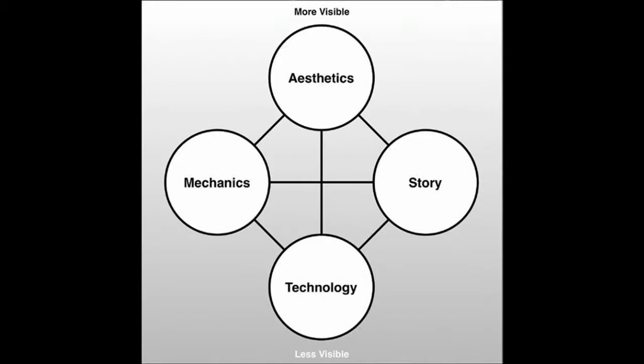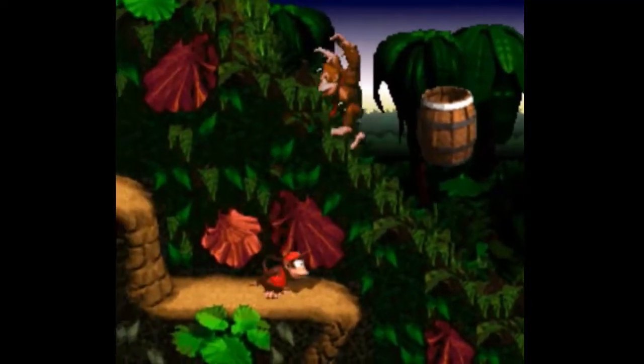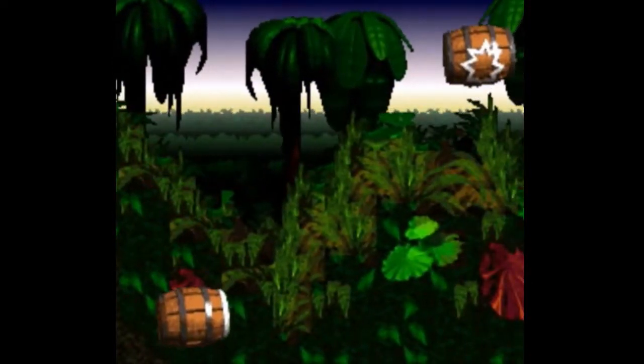In this video, I will be analysing Donkey Kong Country while making reference to Jesse Schell's elemental tetrad of game design to see how the designers applied the 4 elements to create the experience that the game provides. Right off the bat, it is very clear that Rare's vision for the game was to be striking and unique